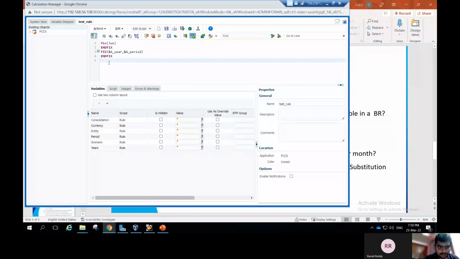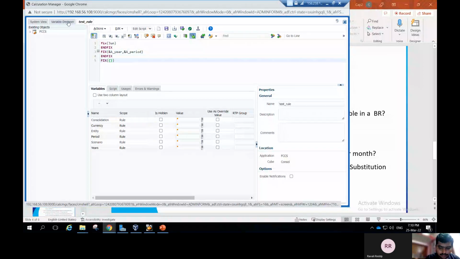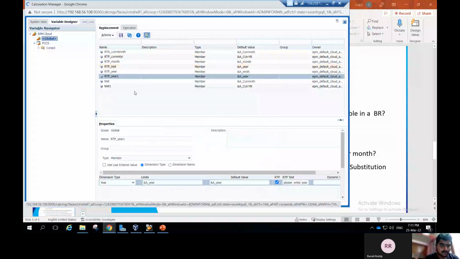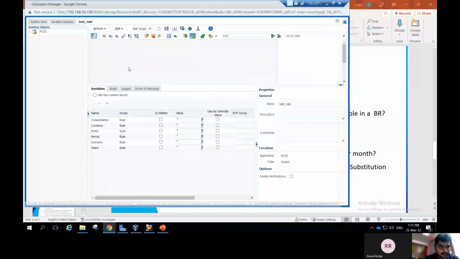Fix up. Open parenthesis. You earlier created the substitution variables for the designer. So in this you have assigned RTP underscore current year or RTP underscore month or RTP underscore test. I have assigned those to particular variables. Now I have assigned the variables for RTP underscore month,